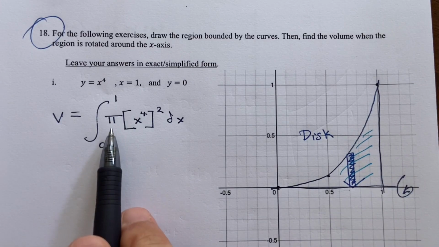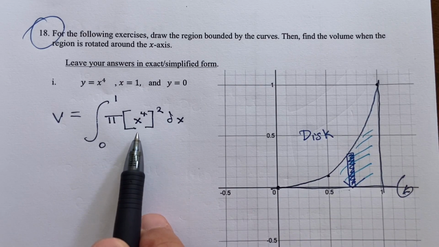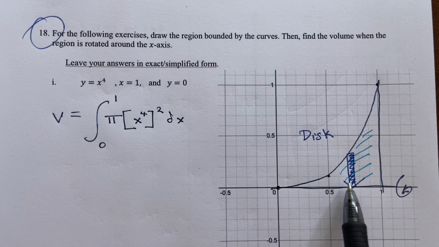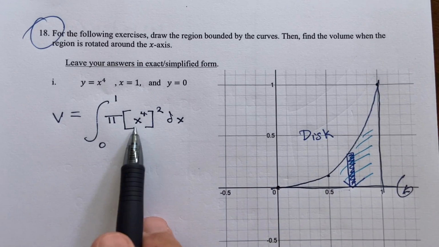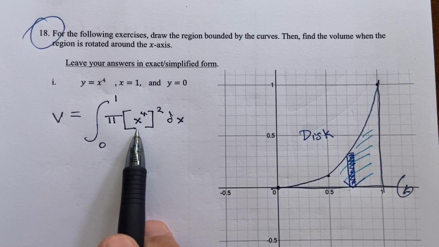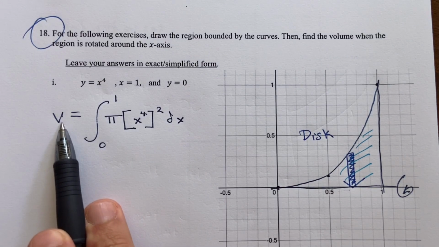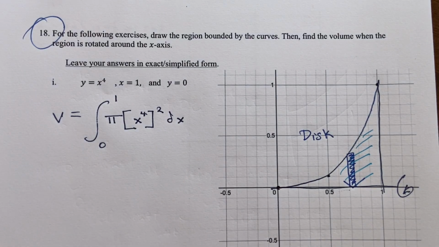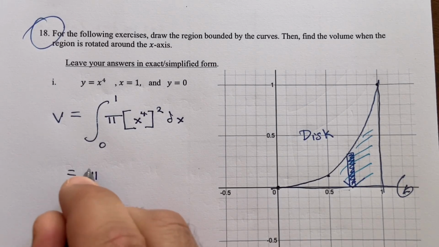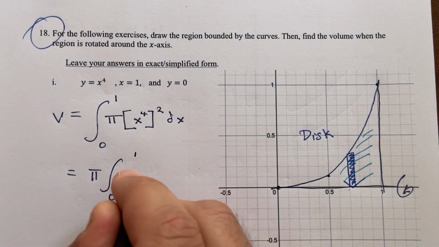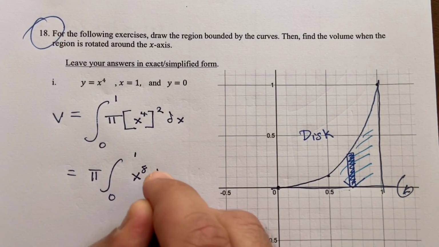Right? So this would generate this disk. Its area would be pi r squared. The radius is variable, right? Our radius of this disk is variable with respect to the function, right? Multiplying by the thickness of the disk then generates a volume. So we'd have pi from 0 to 1, x to the 8th dx,